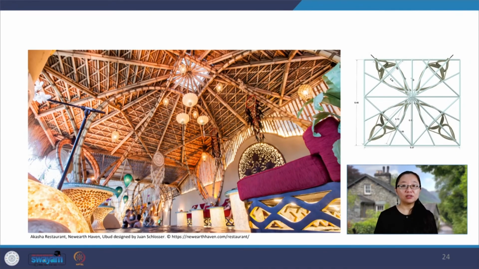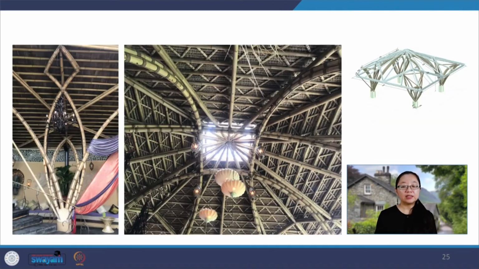Another example is the contemporary Akasha restaurant and juice bar in Ubud, Bali. The building is designed by Juan Schlosser to be the central hub of the new Earth Heaven project in 2016. The design offers a geometric space combined with organic structural forms, a rigid archetype made of bamboo canes tied together with rope. The structural forms are developed from a type of sacred geometric composition, transformed into a beautiful band arc